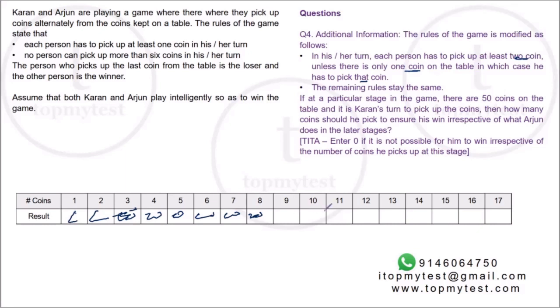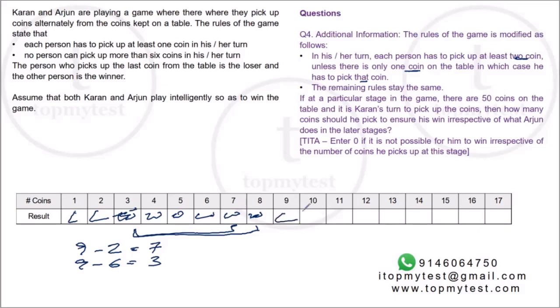What happens with 9? With 9, right, you cannot put your opponent on 1 and 2. Worse, you'll be putting your opponent from 3 to 8. 9 minus 2 equals 7. 9 minus 6 equals 3. You'll be putting your opponent between 3 to 7. All these cases, you are going to lose.